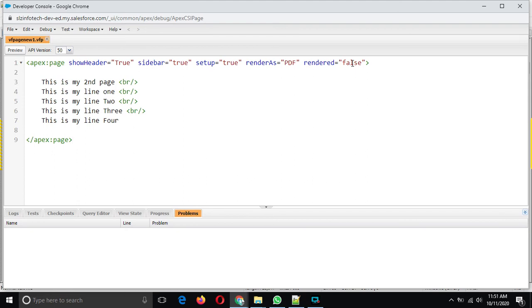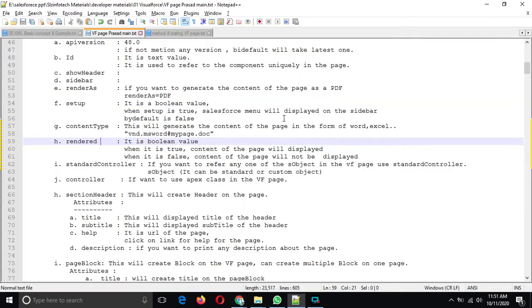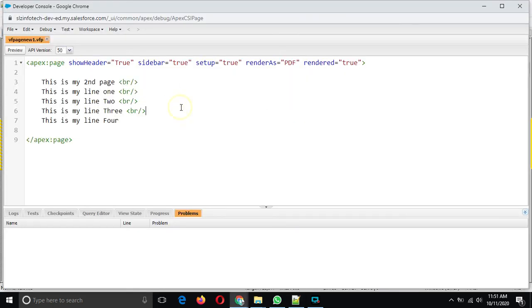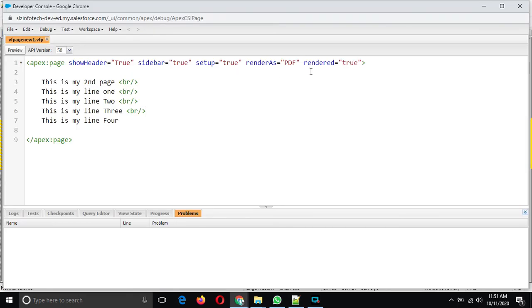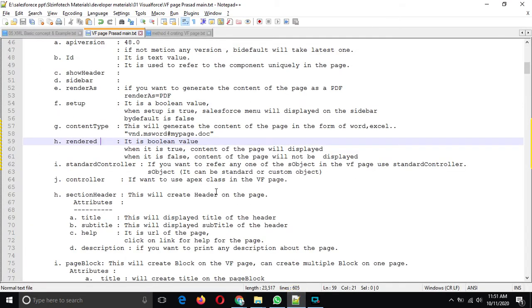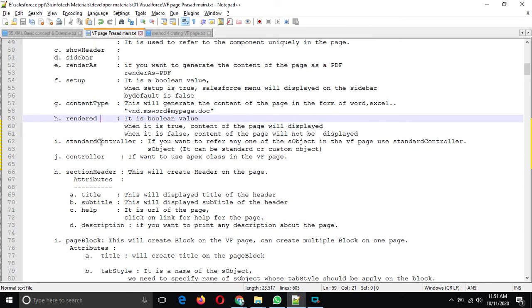If we change it here from false to true, now again we are able to see the content of the page. So these are the attributes and corresponding features we have in the basic top level tag and its corresponding attributes.